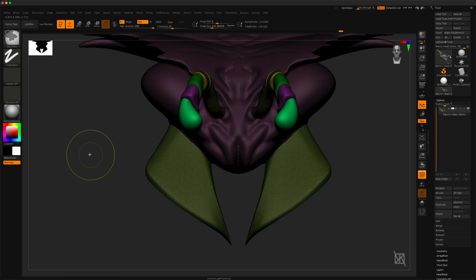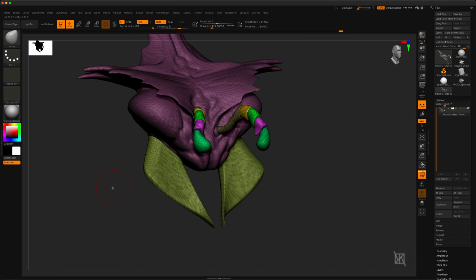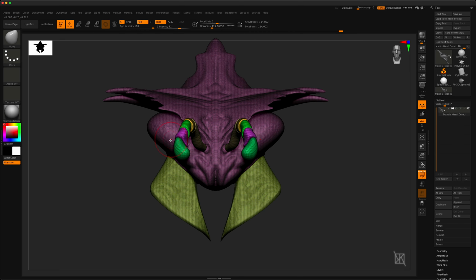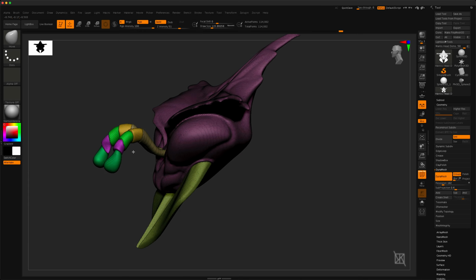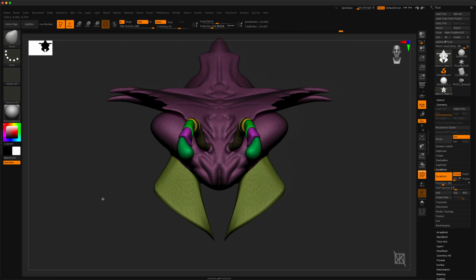And once we're happy with what we got, we can clear that mask. So now that I've got my antenna in place here, what I want to do is have the antenna as a separate object from the head or the mandibles. We're using Dynamesh groups down here right now. So what I can do is regroup these antenna pieces as a single polygroup and then Dynamesh the whole thing, and it will keep these as a separate mesh as long as they're a different polygroup